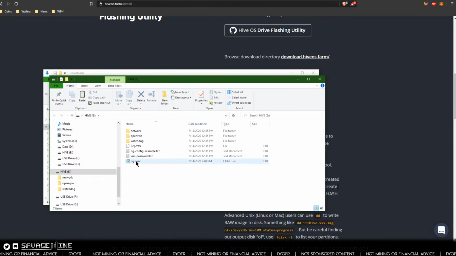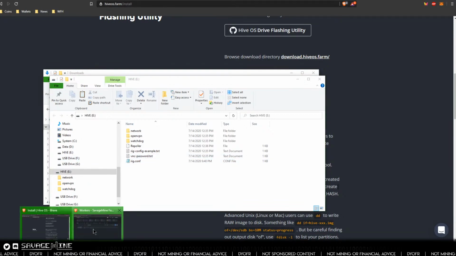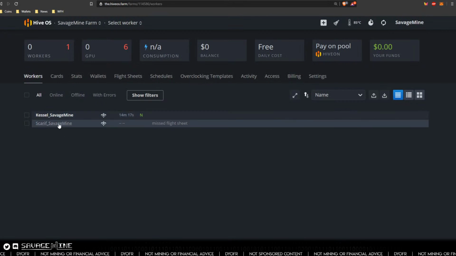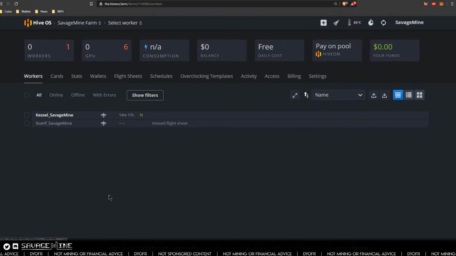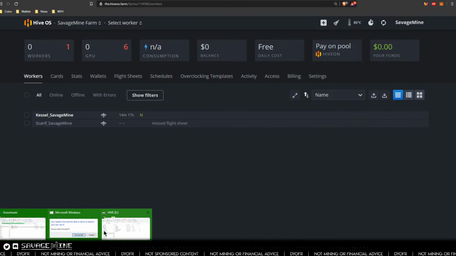So the information inside of this file is for this actual rig right here, okay? Because remember, we created the rig, we added the worker, and then we downloaded the rig.conf file. So once we do that, that rig.conf file is for this particular rig right here. All right, so now I'm going to go ahead and